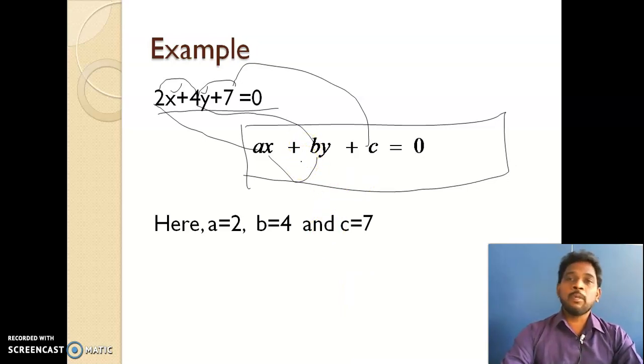In polynomials also we have seen a linear polynomial. What is a linear polynomial? If the degree of a polynomial is 1, it is called a linear polynomial. In a similar way, it is satisfied for equations also. In an equation, if the maximum power of the variable is 1, the equation is said to be a linear equation. One variable means a linear equation with one variable. Two variables means a linear equation with two variables. So this is one of the examples of a linear equation in one variable, right?